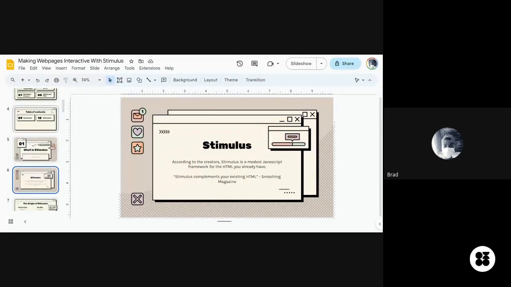It just wants to help you do one thing and do it very, very well, and you don't have to worry about that thing throughout your entire code base. It complements your application.